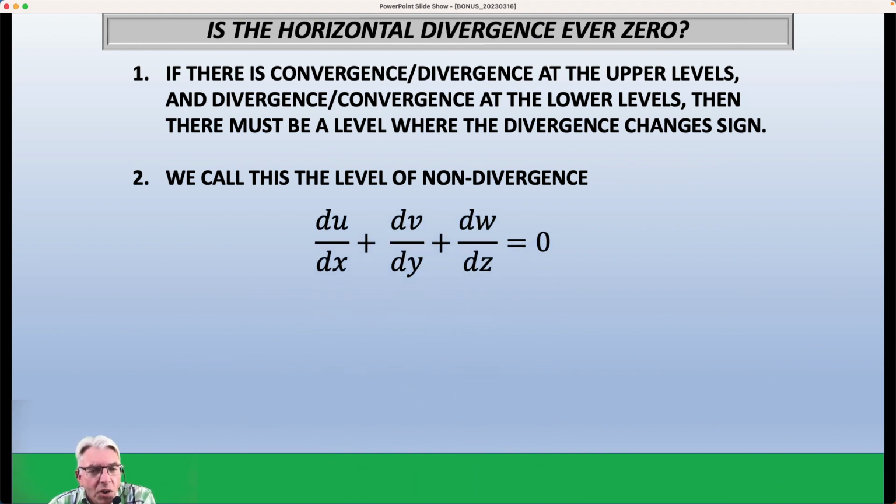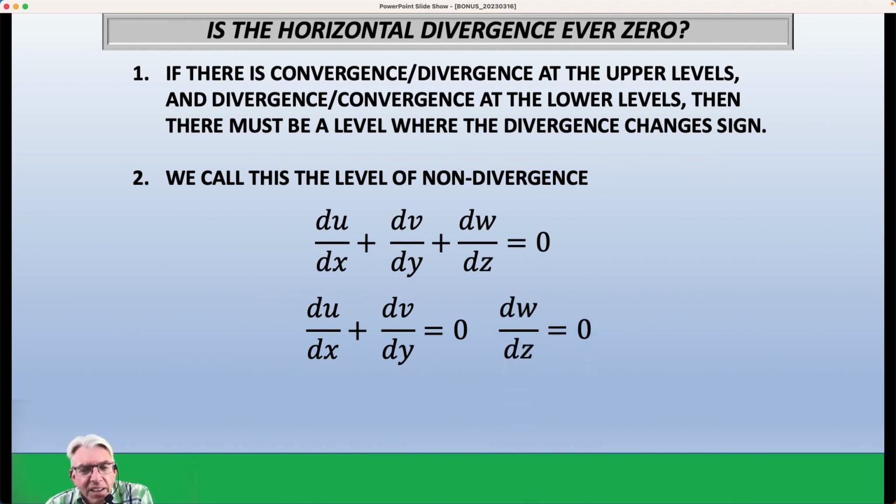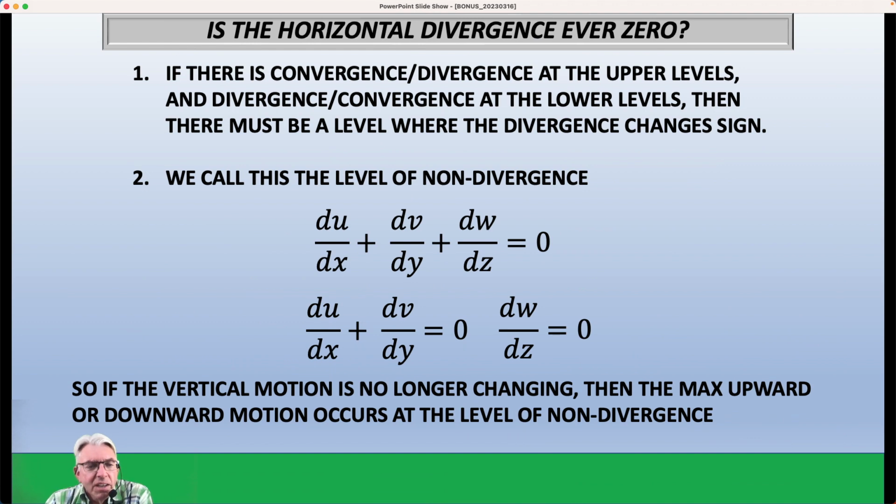And so if you think of our original equation, if the horizontal divergence is equal to 0, which is what the level of non-divergence would imply, then that means that dw/dz has to be 0, which means that the vertical motion is no longer changing with height. So it has reached a maximum at that particular level, okay? So if the vertical motion is no longer changing, then the maximum upward or downward motion occurs at the level